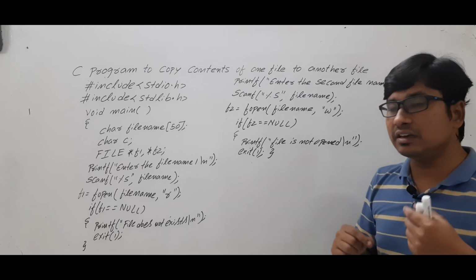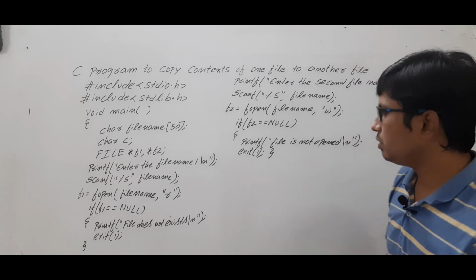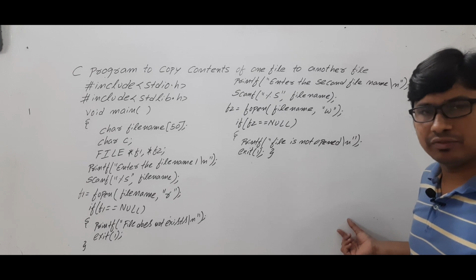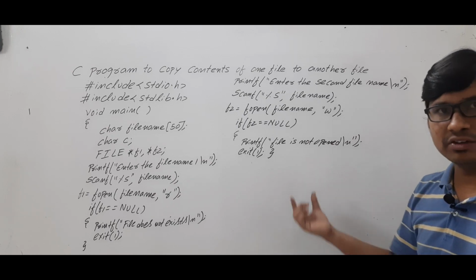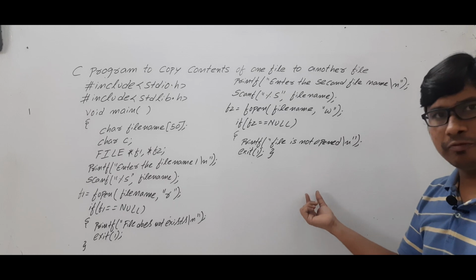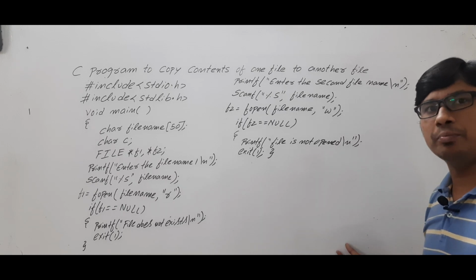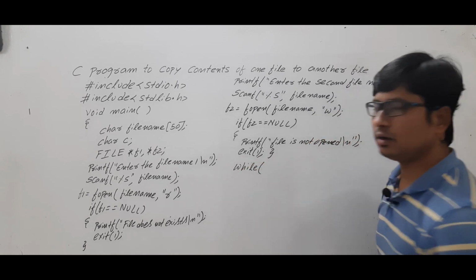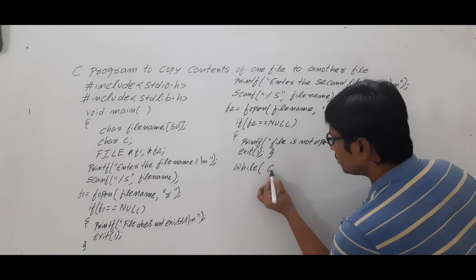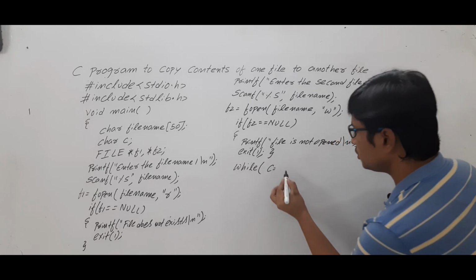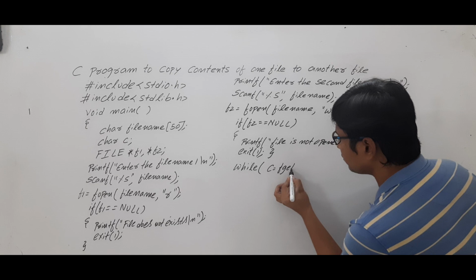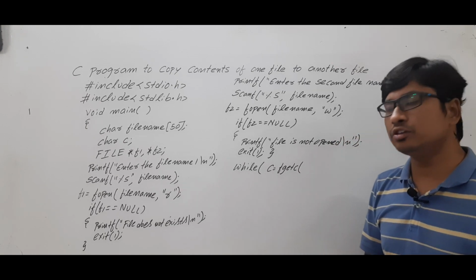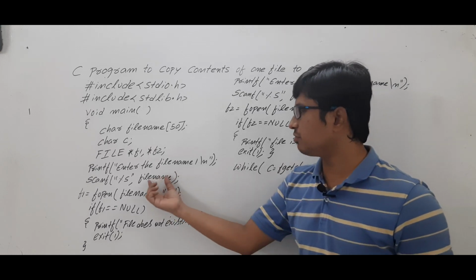You need to read the information from file 1. Each file will end with a character called EOF. So you need to read the information from file 1 starting from the first character and it will go up to the end of the file. So you need to run a loop, and you need to read a character from the file. So you need to use a function called fgetc, meaning you are getting a character from a file. So which file you need to mention? You want to read the information from file 1.